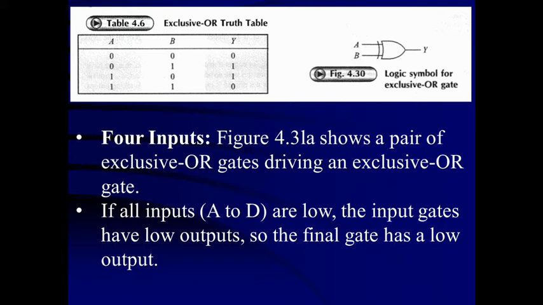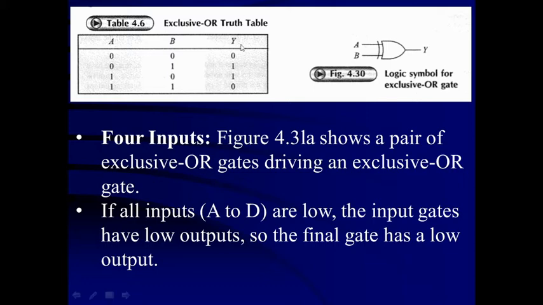You have studied that there are three basic gates and one of them is the OR gate, which is generally known as the inclusive OR gate. In that gate, if any one of the inputs is high or all inputs are high, then the output is high. But a new gate was developed in which if any one of the inputs is high, then the output is high, but if both inputs are high, then the output is low. This kind of gate is known as the exclusive OR gate.